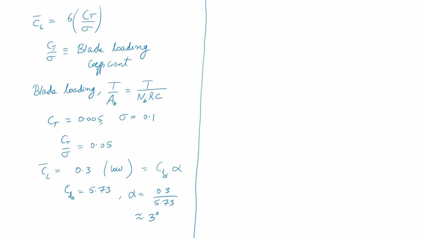So, the typical ballpark number for CT that we often talk about is like this. Oh wait, why did I make it 0.005? That is too low. I mean, normally we have 0.05, not 0.005, or is it like that? 0.05 only, correct, because 0.006 and all, right. So, actually this is correct. This kind of range is meaningful for CT by sigma, that is fine.